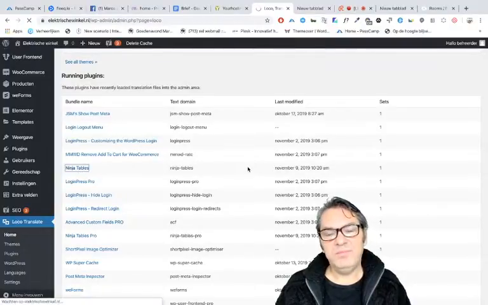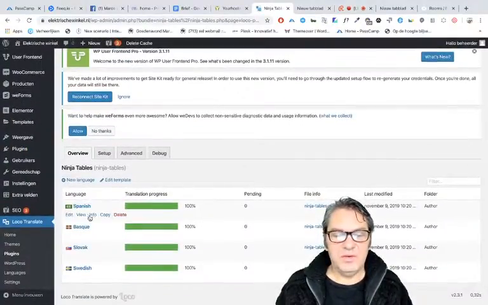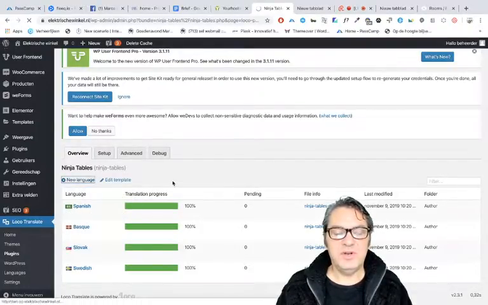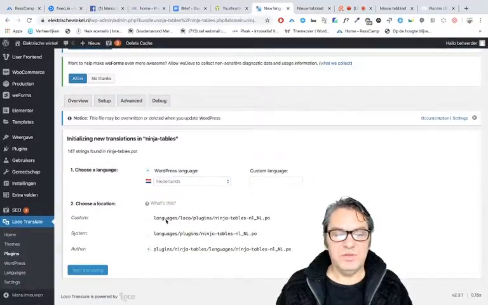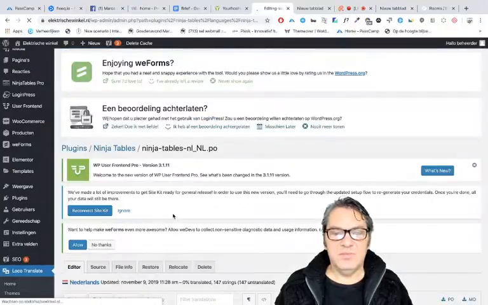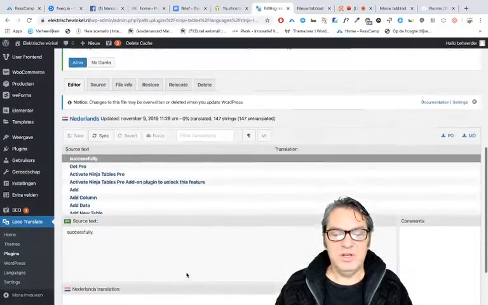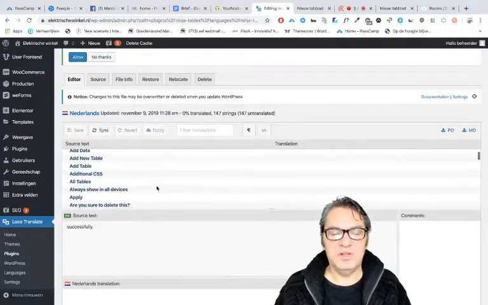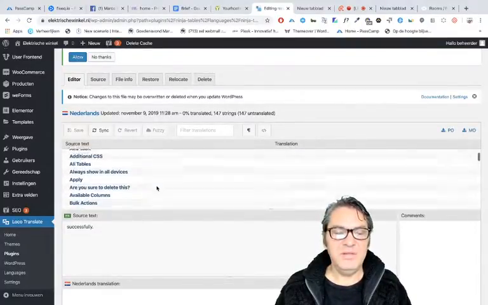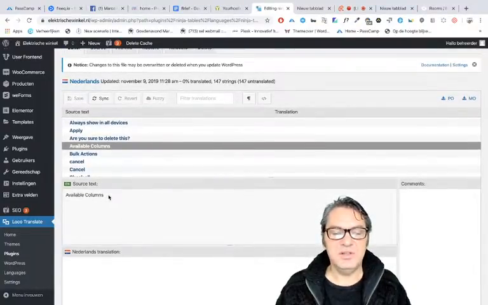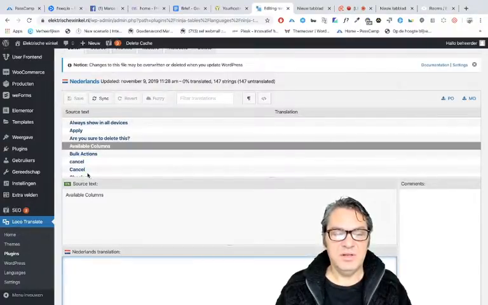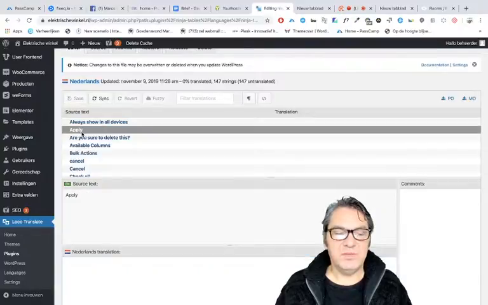You can click on one, and you can see the translations that they have. What you can do is add a new language. You click on new language, and then you can choose, in my case, Dutch, and we're going to start the translation. What you see here are all the words that are in this particular plugin, and you can click on one and then you see it here in the English section, and you can translate it here in the Dutch version. So for example, apply,